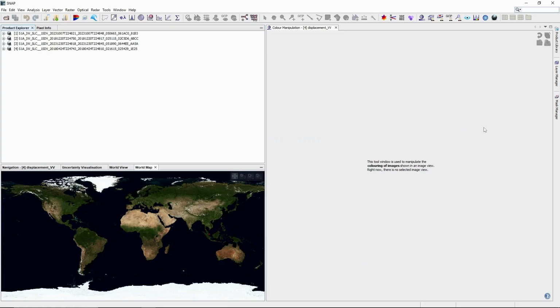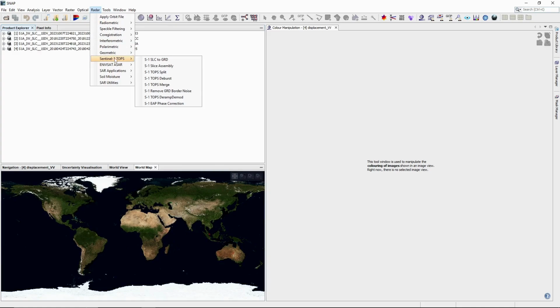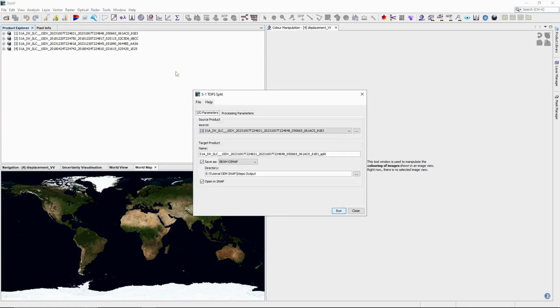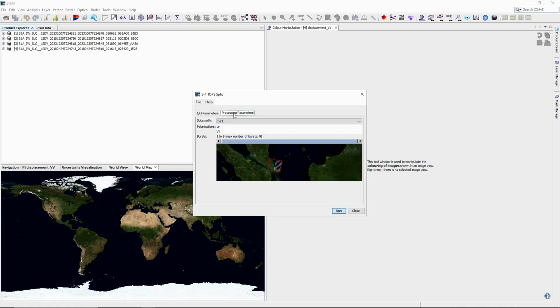For the next step, you select the radar tabs, and you select the Sentinel-1 tops, and you select the split one. First, you can choose from IW1, IW2, or IW3, depending on where your study area is. As for me, my study area is at the columns of IW2, and you need to select the VV